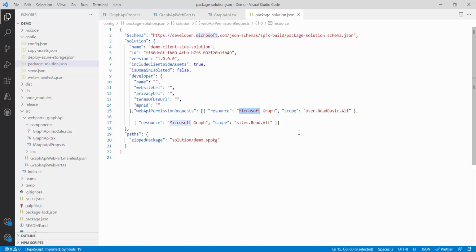Because I told you in part 2 of this hands-on, I will be interacting with the SharePoint site. So just to avoid the redeployment again, and just to avoid the rework, in the very first try I am getting the permission for the site also. I will show you why I am using Sites.Read.All, just to avoid the rework. In one go, I am taking and granting all the permissions.